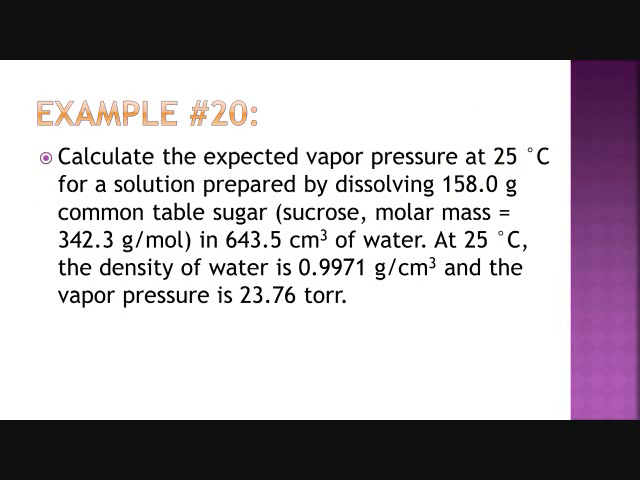Calculate the expected vapor pressure at 25 degrees Celsius for a solution prepared by dissolving 158 grams of common table sugar, or sucrose, in 643.5 cubic centimeters of water. At 25 degrees Celsius, the density of water is 0.9971 grams per cubic centimeter, and the vapor pressure is 23.764. Okay,